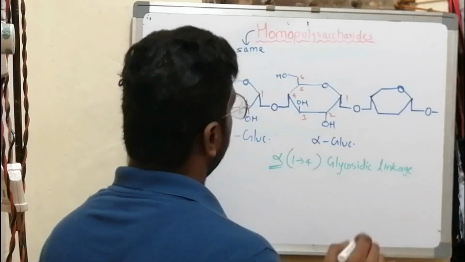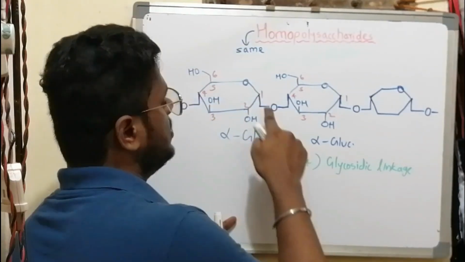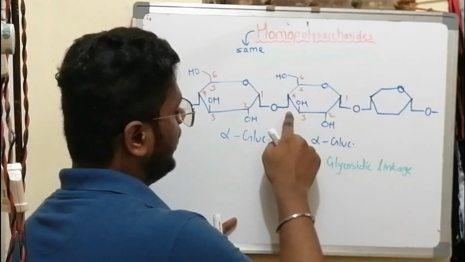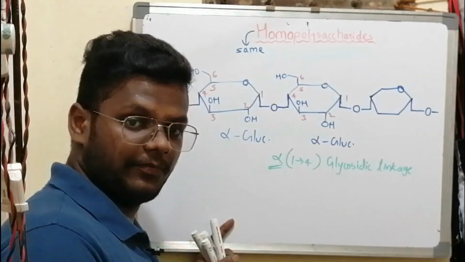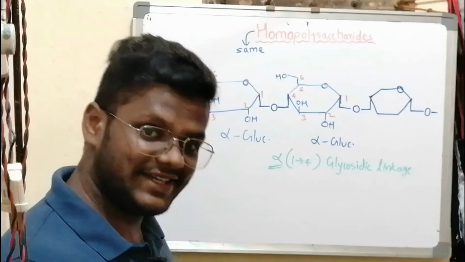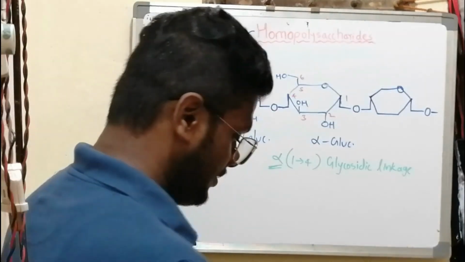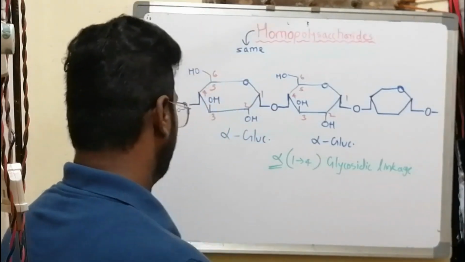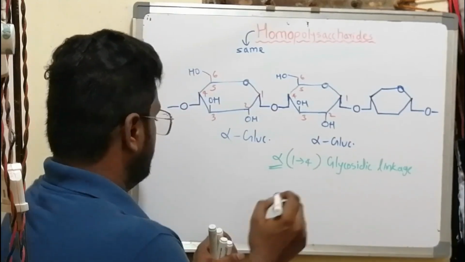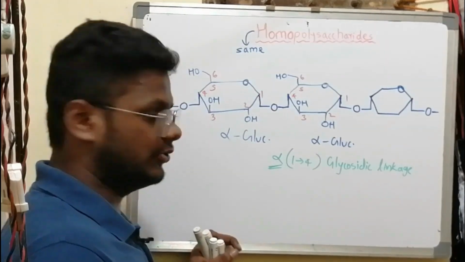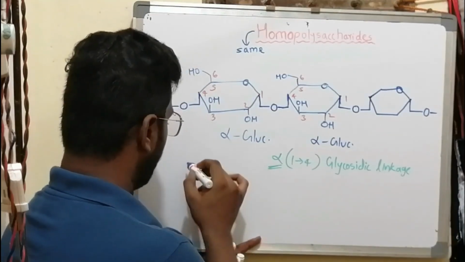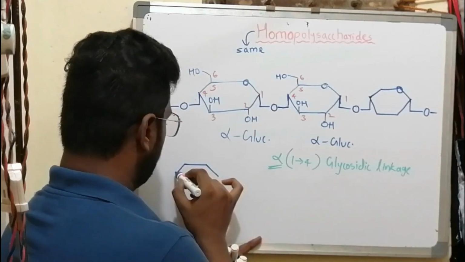Why this alpha? Because the C1 carbon and the C4 carbon are having OH downwards. The stereochemistry of both the carbons is the same. But what if the stereochemistry changes? At that time, let us see the example of lactose sugar. Lactose is a disaccharide of galactose and glucose, right? So we have to draw beta D galactose,